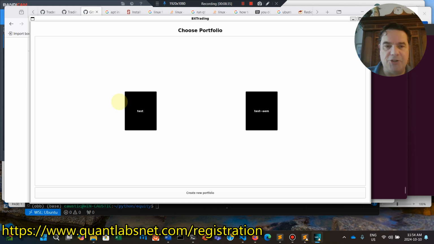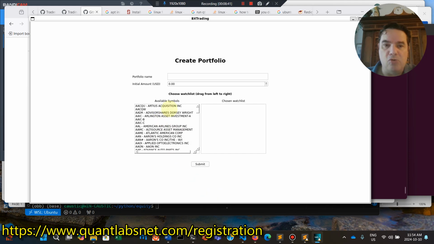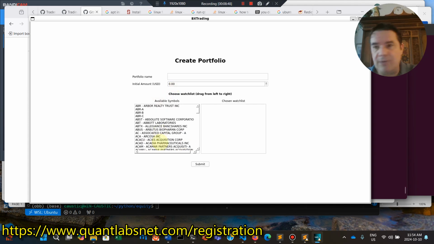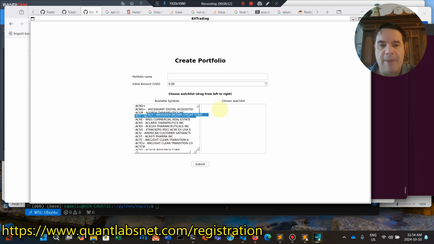Now, essentially, I've created two portfolios here. So I'll just show you. Create portfolio, you name it, you give it the initial capital, trading capital, if it's a simulation. Again, this is all the source code there in the GitHub repository. And then you can move over